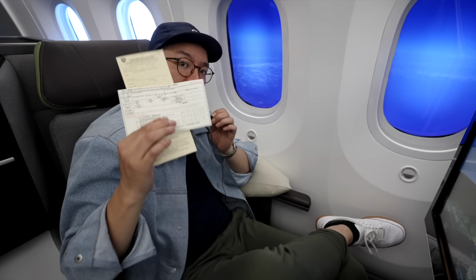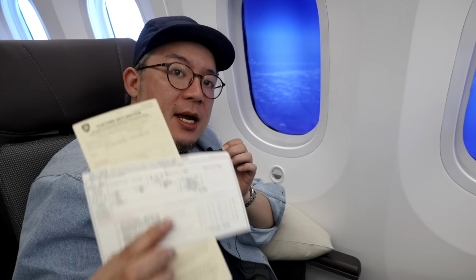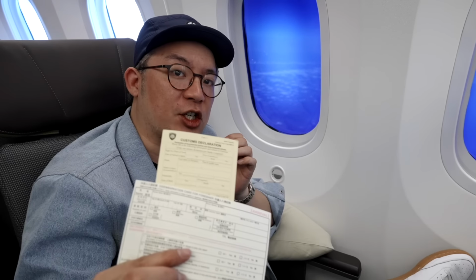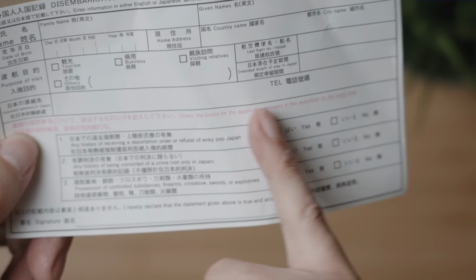because we just hit cruising altitude a few minutes ago, and shortly thereafter, the cabin crew came around to hand out 2 different cards. A white card, which is a foreigner disembarkation card, and a yellow card, which is a customs declaration card. One interesting thing is that on both forms, they actually want you to write your accommodation name as well